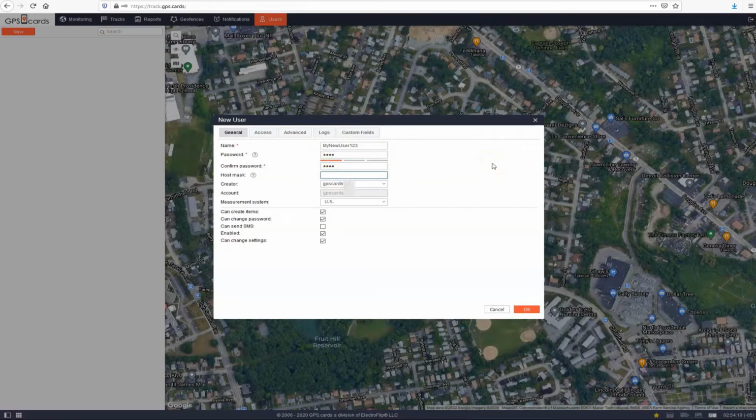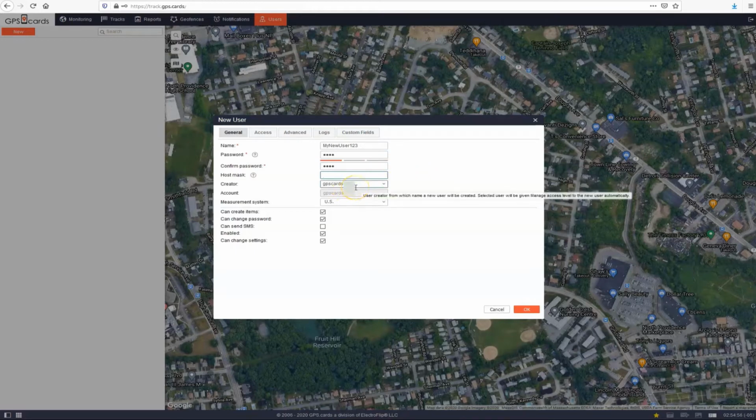You can further make things secure by using a host mask. If you're familiar, it just means only allow a specific IP address to log in. So, maybe it's 66.44.55. That way only this person from this IP can log in with this user. Or if it's a range, you can use wildcards, like putting an asterisk. But not to get too technical, those are just some things you can do if you're concerned about security.